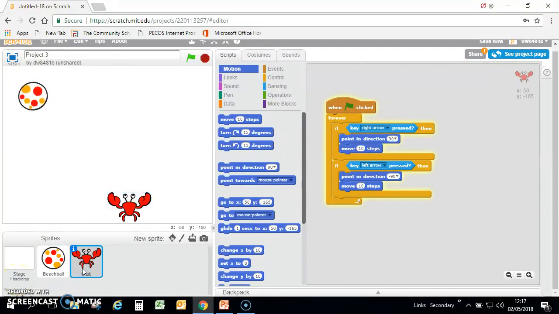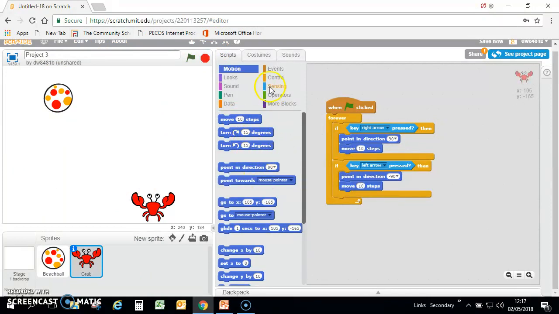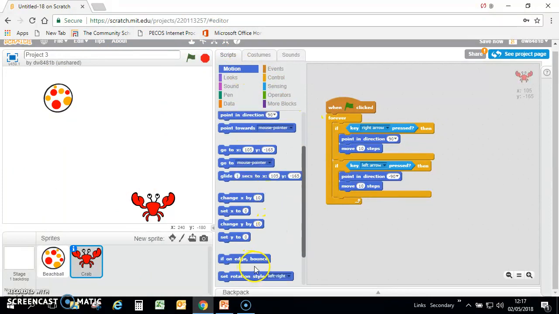Okay, one thing that we didn't finish off in that last example was the crab. The crab currently can go off the screen. To fix that, very simply, we go back to our motion blocks and we put in an if on edge bounce. Now, it's very important where we put this, because if we put it in there, it will